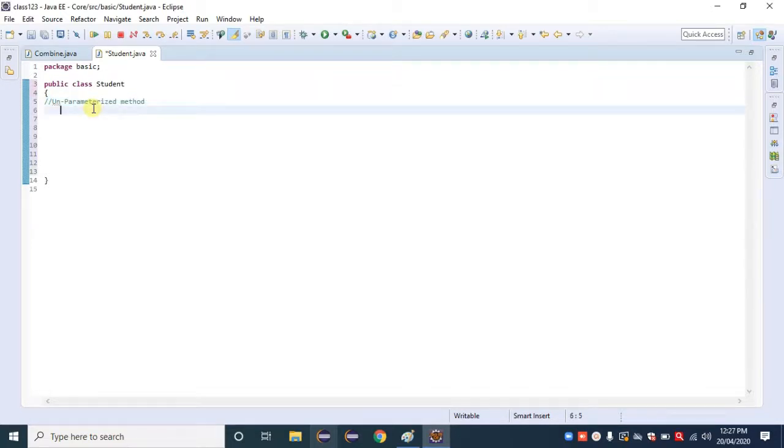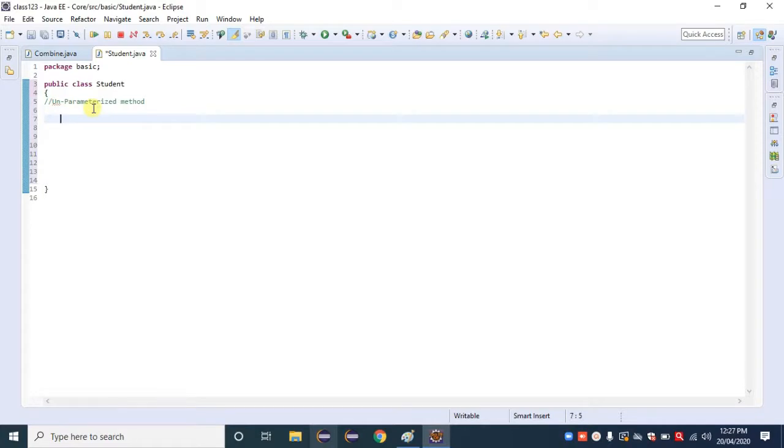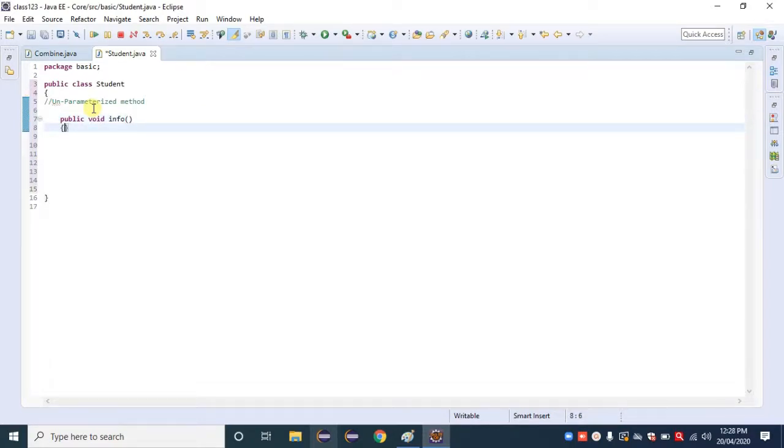Here I am creating a user defined unparameterized method. How to create? We are familiar with the syntax of a method, that is access modifier. I am using public as the access modifier, void as the return type, and the method name I am giving here is info, then parentheses, and open and close curly braces.